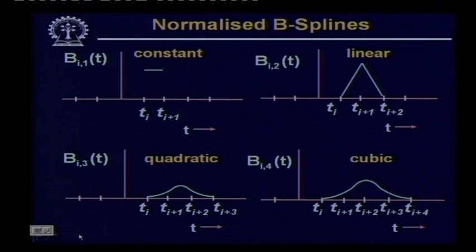So, we find that when we have defined B I 1 t to be 1 within a certain region and equal to 0 beyond that region, then using this B I 1 I can calculate the values of other B I k by using the recursive relation. And pictorially, these different values of B I k: for k equal to 1 it is a constant, for B I 2, that is k equal to 2, it is a linear function, for k equal to 3, B I 3 is a quadratic function, and for k equal to 4, that is B I 4, it